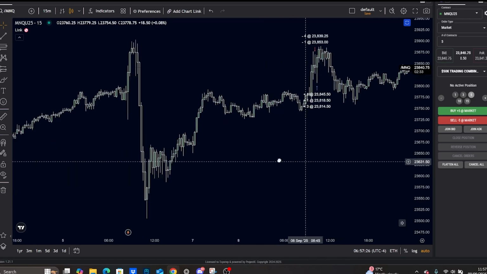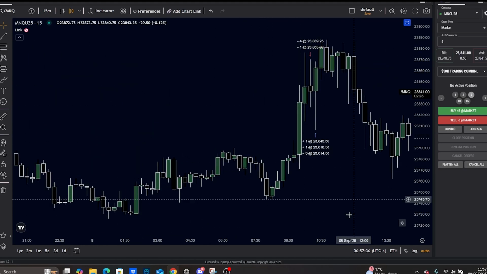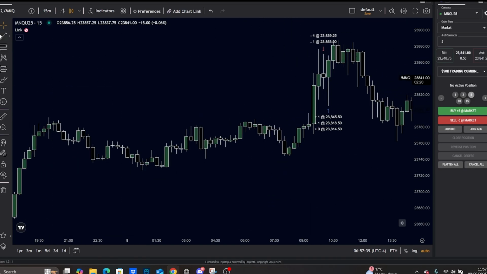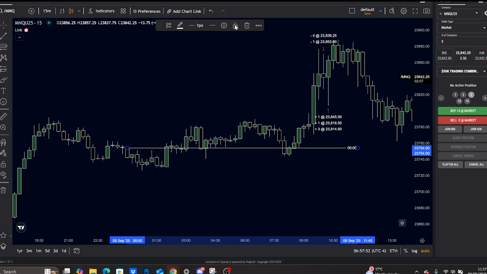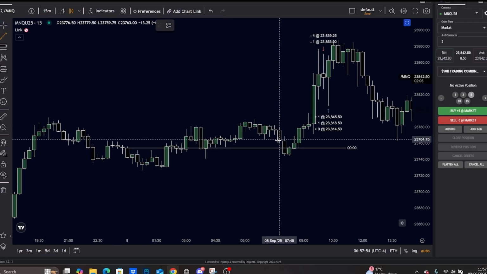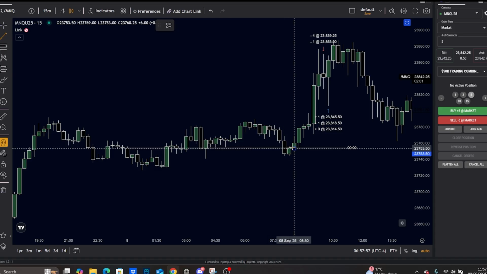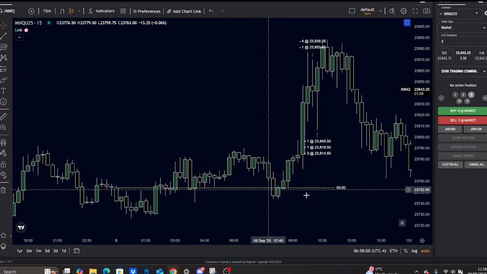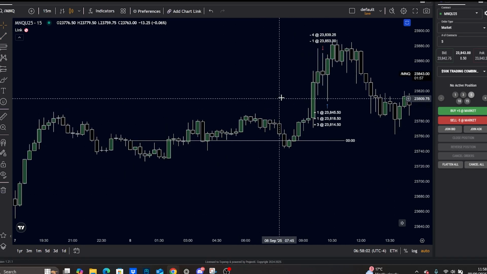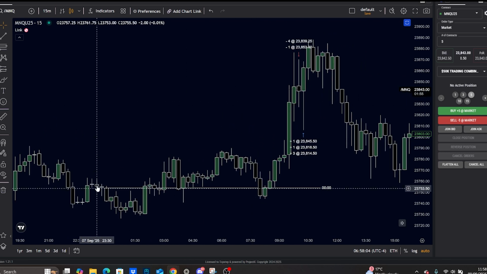What we got essentially was price just kept running, right? As price kept running up, I realized we're at trend day conditions. Let me find midnight open for you right there. Yeah, there's midnight open, and 8:30 open was roughly in the same place right there, so there's no point putting it on. So there's our opening prices, and typically one of the easiest signs of a trend day for me is if